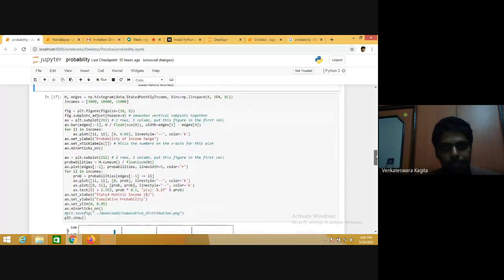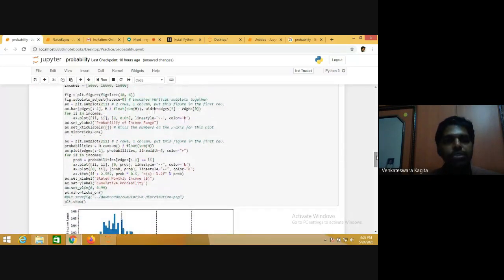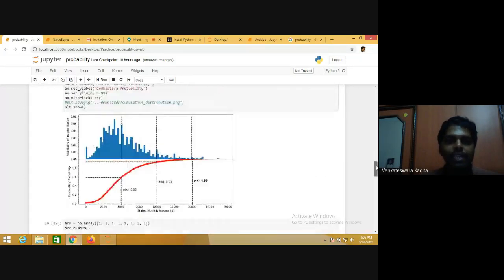All right. Now, we have also talked about the cumulative probability distribution in the morning session, which is the probability of X less than or equal to x. So if you see this, the probability that the stated monthly salary is less than or equal to 5,000 is 0.58, the probability that it is less than 10,000 is 0.93, and the probability that it is less than 15,000 is 0.99.